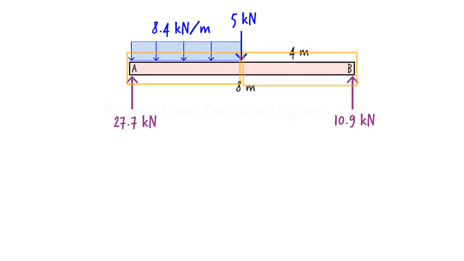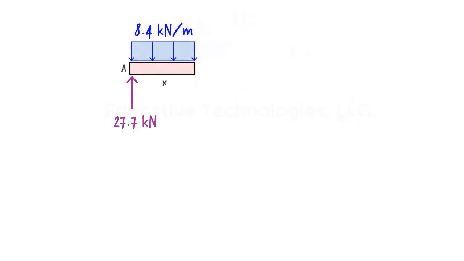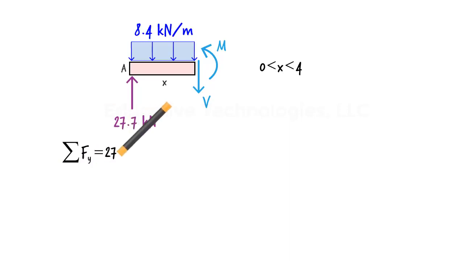To come up with the equations for the left half of the beam, we are going to cut the beam at an arbitrary point in the left segment. As usual, the shear and moment at the cut point are labeled V and M. The length of the segment is labeled x, which could take any value between 0 and 4. The resulting equilibrium equations are: